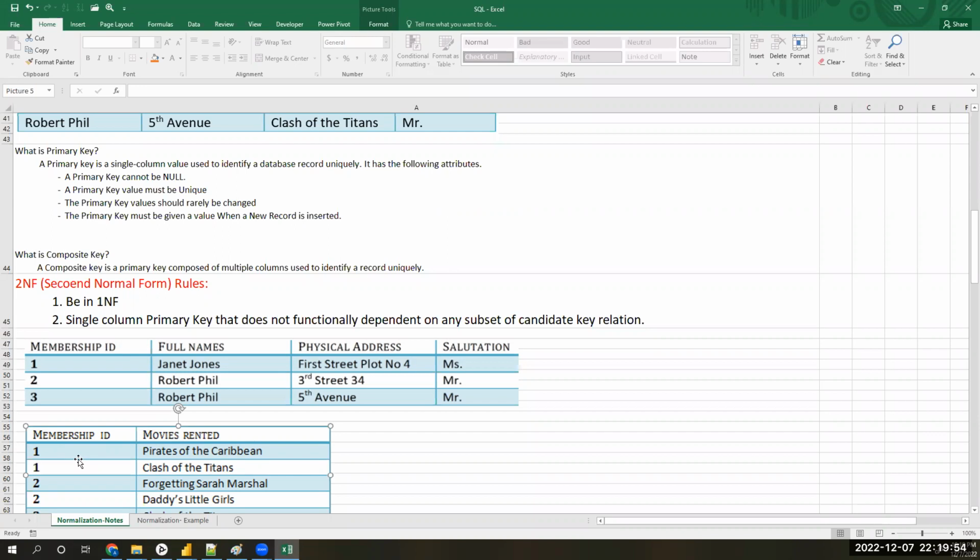Is there any change you can observe in table 1? No. You're getting my point? The second table relation does not influence the first table information. You don't need to make changes in the first table.